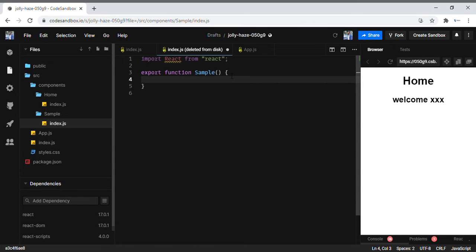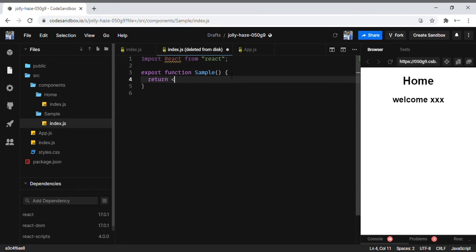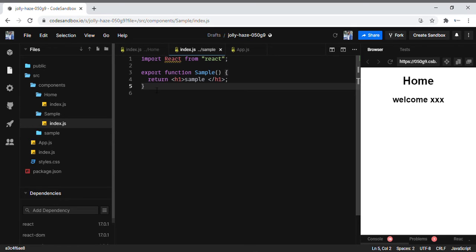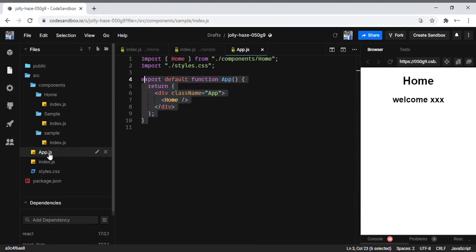Now, as I told, we should return a JSX element. Let me return something like h1 sample component, to differentiate this. Now I'm going to use this component over here in the app.js component.